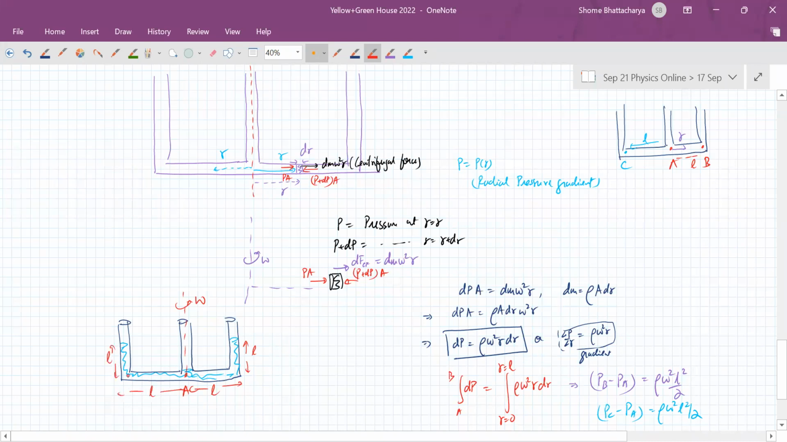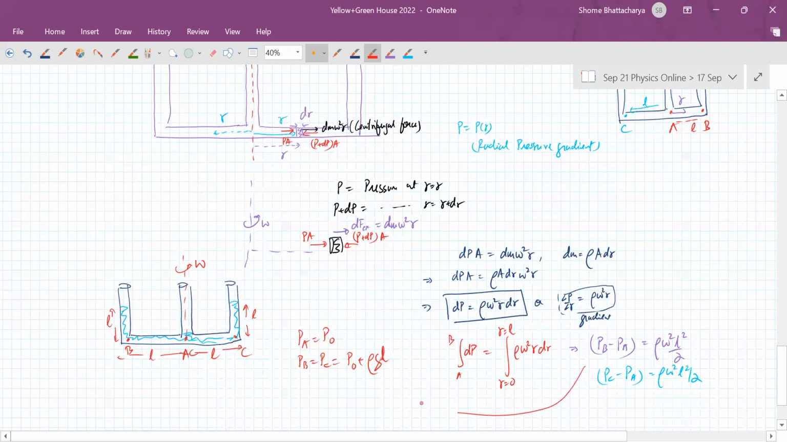So now you compare this, you'll see that pressure at the point A is atmospheric pressure. Pressure at the point B is equal to pressure at the point C, which is equal to atmospheric pressure plus rho g L from the vertical gradient. But also from here,